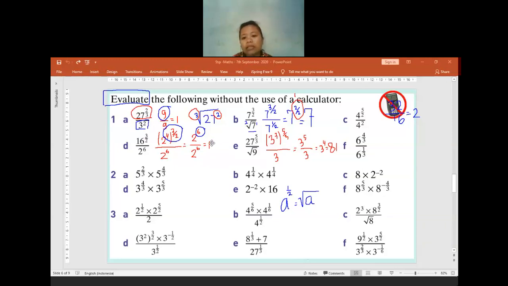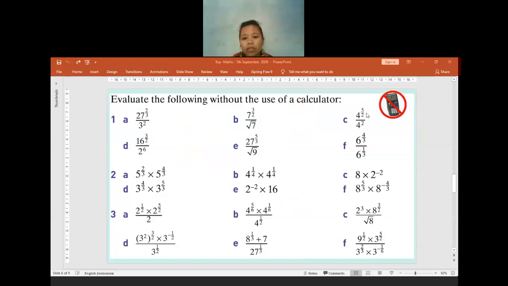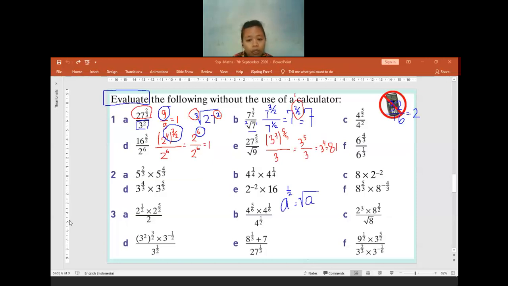Is it clear or is it still confusing for you, Dave? Dave? Clear, teacher. Okay, if it is clear, I will continue to the next question. Before I move to the question F, is there anyone having any question regarding the question 1E? No question? Okay. If you have no question, let us move to the question F.